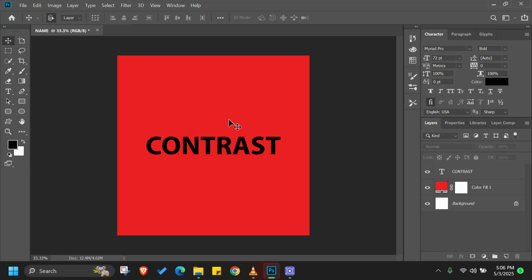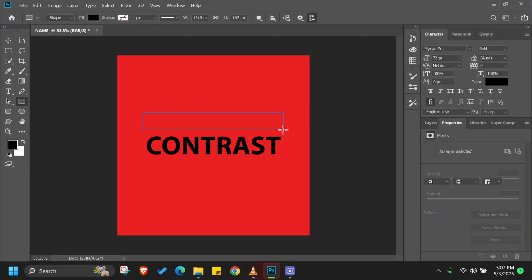So the next thing is a shape. These are the shapes we have, right? We have rectangle, circle, we have rounded edge rectangle, we have custom shapes, which we are going to tap on, right? If you tap on rectangle and then you click and drag, you have it showing